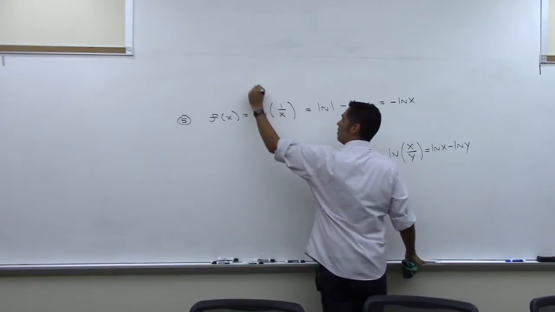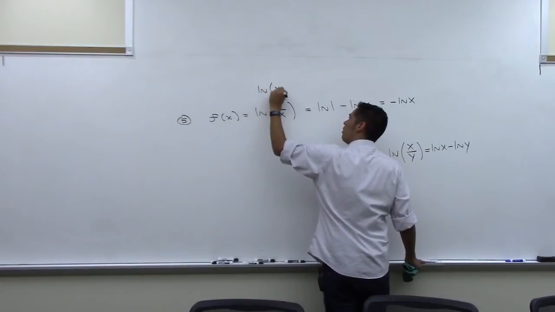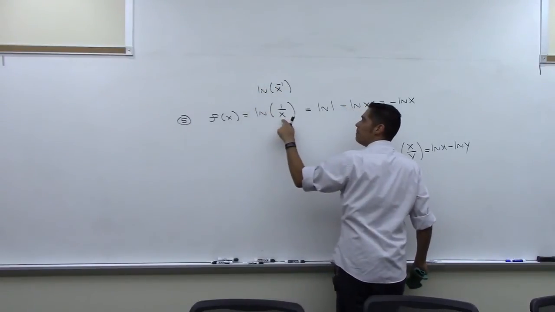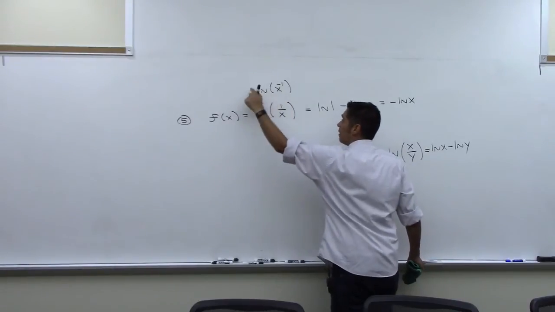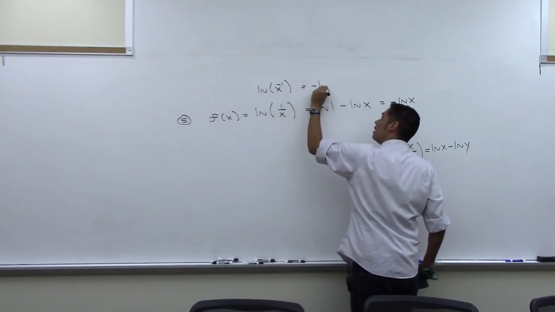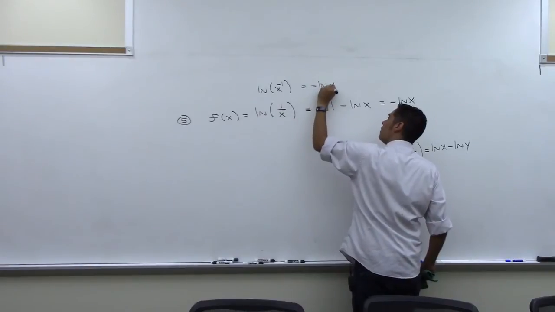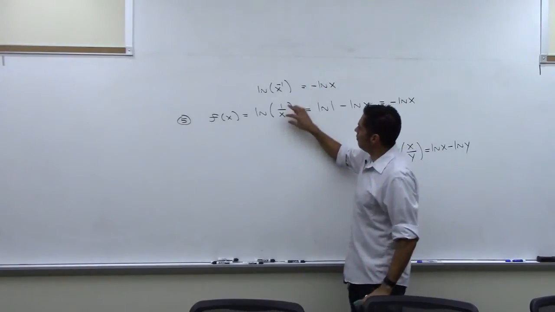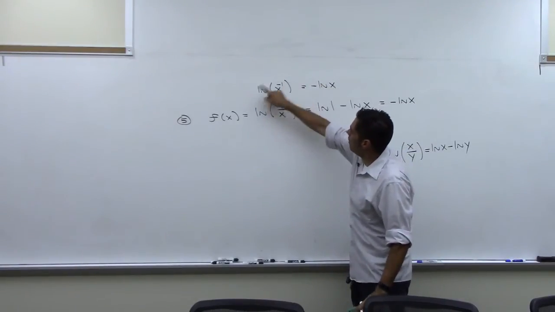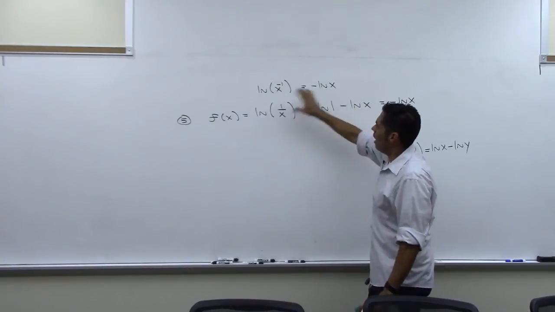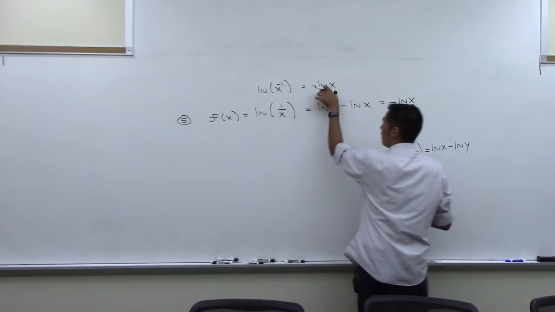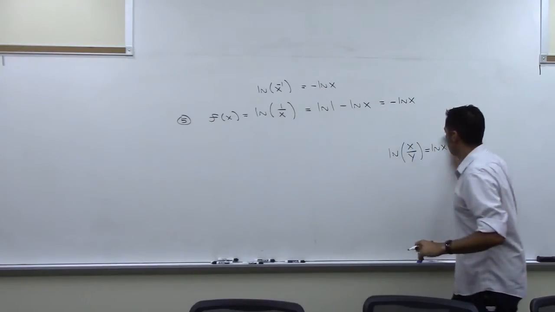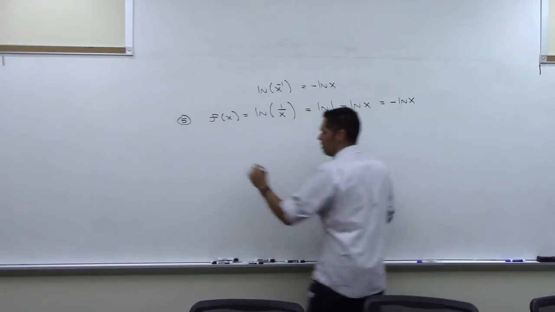If you rewrite this, you could rewrite 1 over x as x to the negative 1. Then you could use a property we just used a second ago and drop the negative 1 out front. And you would have this. So rewrite this as that, drop it out, you get this. I have not done any derivatives here. All I'm doing is showing you that that could be rewritten like this. 2 different ways. And now when I come to take the derivative,